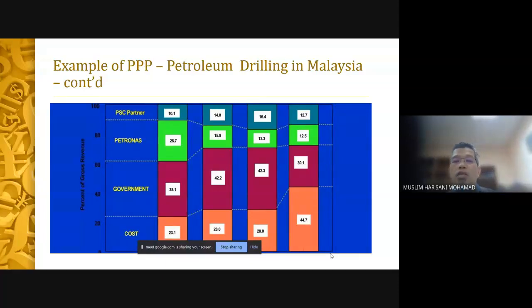If you look at the cost, it's becoming more expensive to drill the oil, the petroleum. And in terms of partnership between the partners, I think it's quite reasonable. This is over the years, though I couldn't show the year, but the margin has become slim, even for Petronas. But the government, of course, receives profit sharing as well as tax. So that's why a big chunk is basically for the government, which is quite fair. It's just that the drilling cost is becoming more expensive.